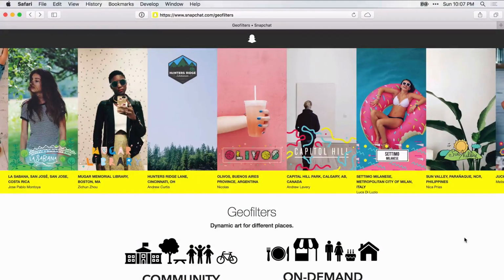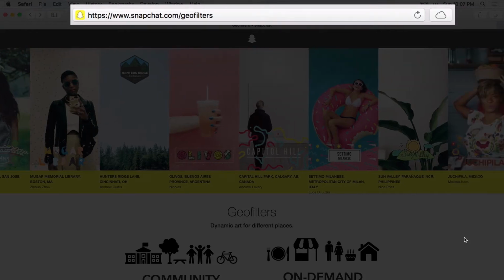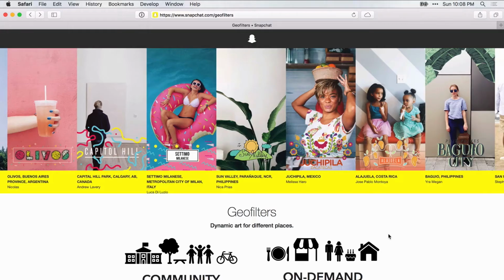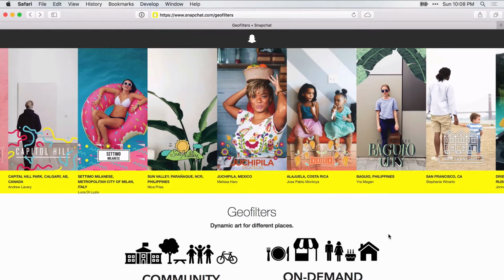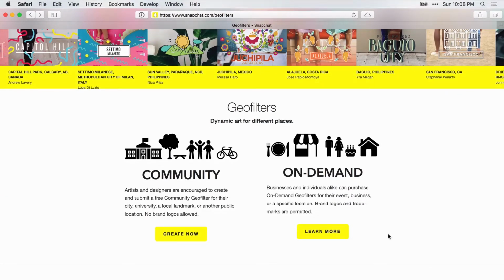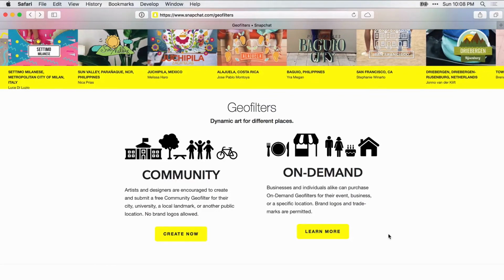So once you're ready to submit your on-demand geofilter, you could then go to snapchat.com/geofilters and you'll be brought to this page. And if you scroll down, you'll see the two options, which are community and on-demand. You could then go ahead and select learn more on demand,